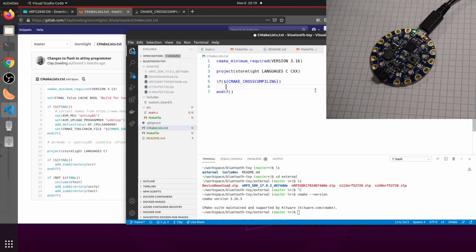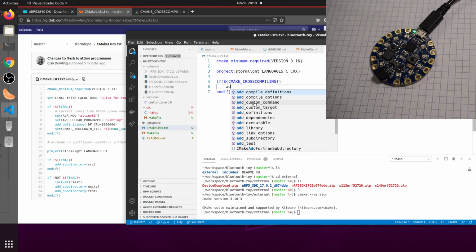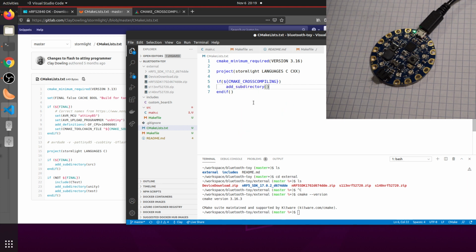So I think that's mostly, I think I actually don't need to put that in this file. So let's just cut that out. I think that's going to go somewhere else, but I'm not going to sweat that right now. Oh, no, I did need that. If I am cross-compiling, I need to add subdirectory src. That's what that's about. Okay, and I need to,